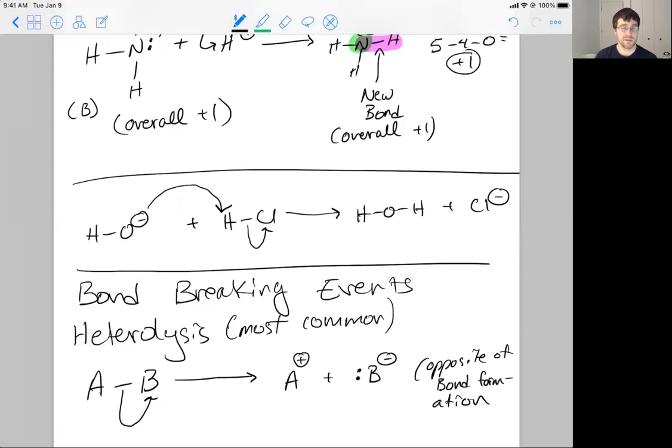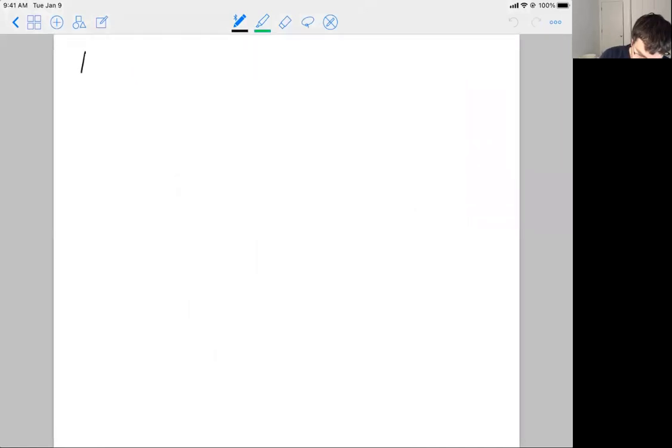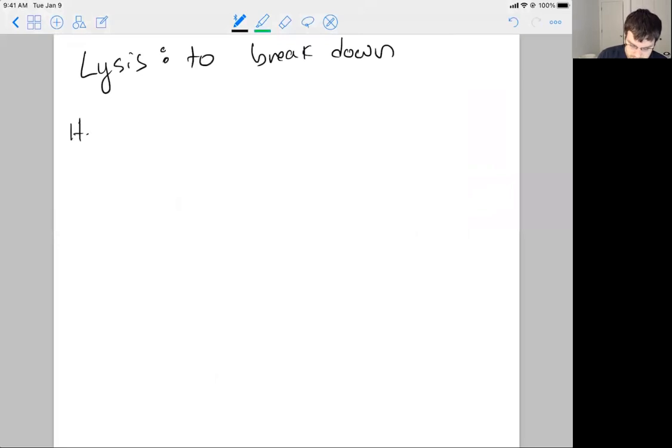Now, it's sometimes a little bit hard to see because we're moving 2 electrons. Why are the charges only changing by increments of 1? That comes out in the formal charge calculations actually. But this is called heterolysis. Now, where it gets its name starts with an important term that many of you have probably seen, but let's just mention it anyway. So lysis is to break down. I'm sure there's probably a better definition, but that's what we need to know. Lysis means break down. So in heterolysis,